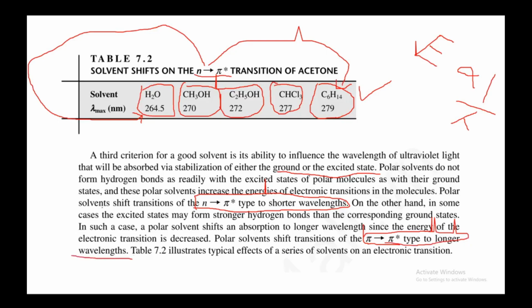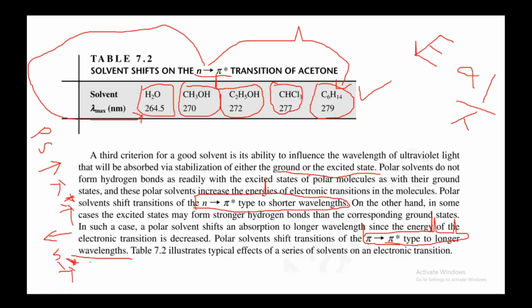So that is the information that can be taken, that polar solvents, I am writing as PS, increase the wavelength for the pi to pi star transition. They increase the wavelength of the pi to pi star transition, and they decrease the wavelength of the n to pi star transition. So that is the key point that can be deduced